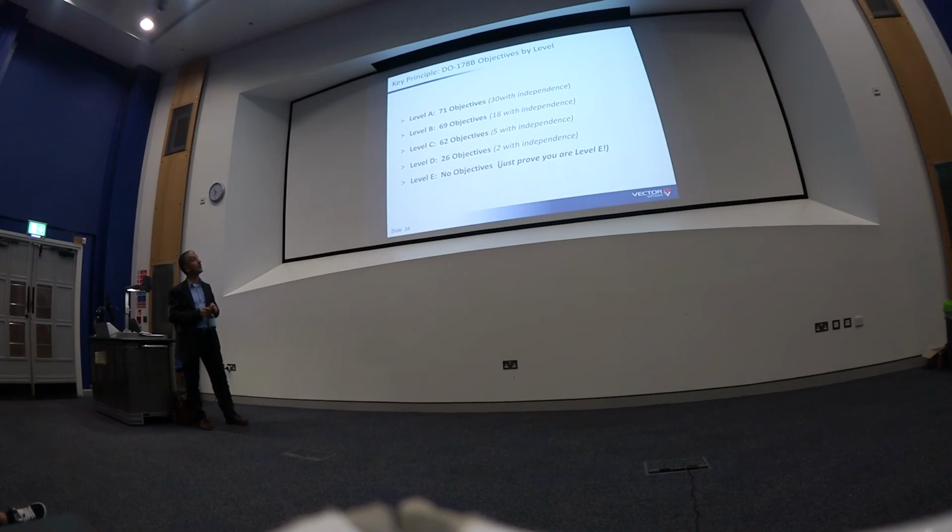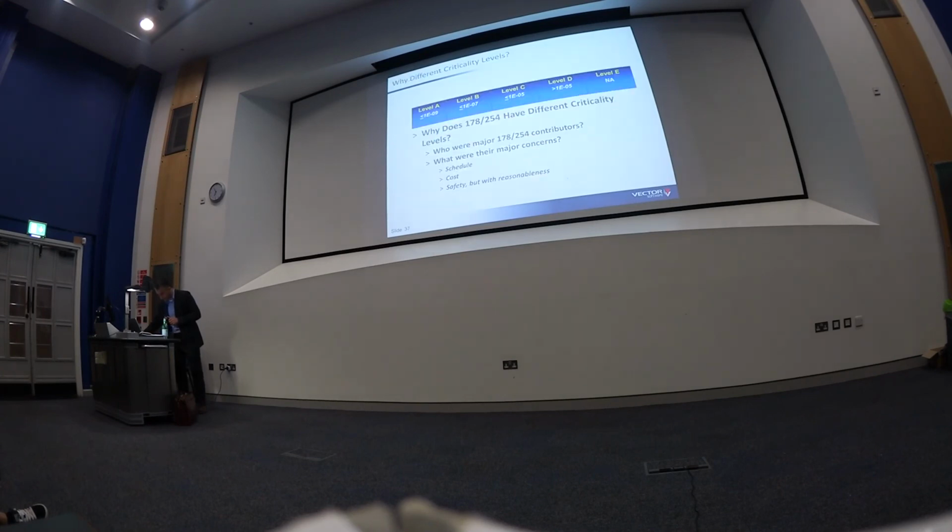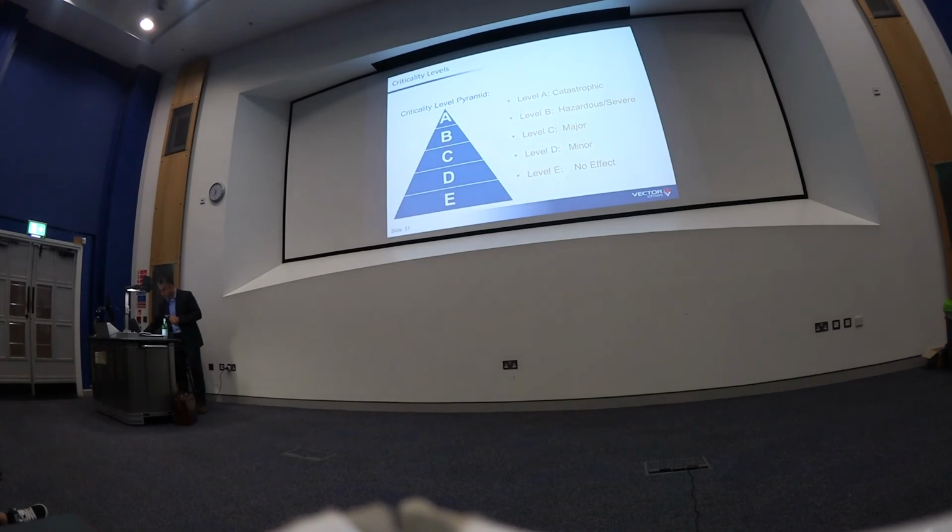Okay? So, what are these levels? This is level A, level B, level C, level D, etc. I can show this slide before because it's better. Okay. It is the probability of